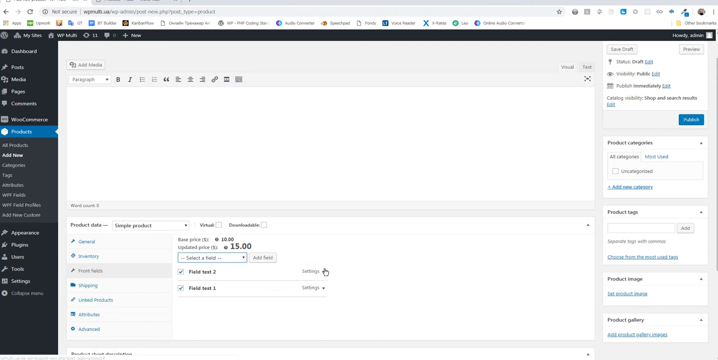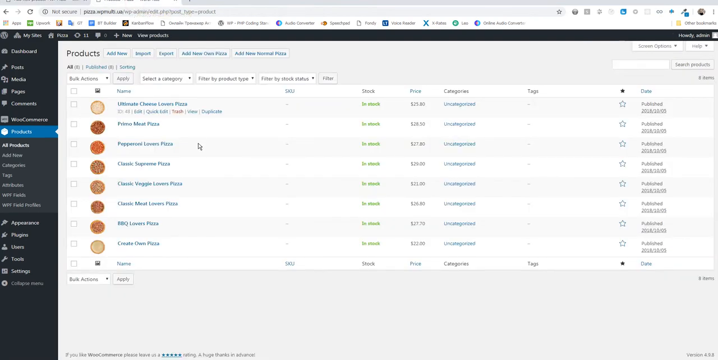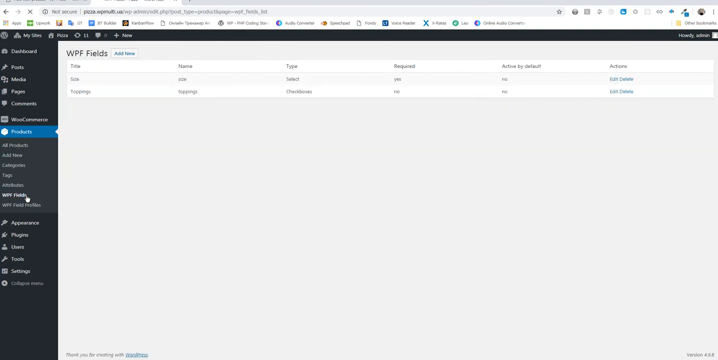And the question is, when can we use this override charge, override value feature. I will show you an example that shows when it works very well. For example, we have a shop with different pizzas, and pizza has different sizes. For this site, if we go to WPF fields, we will see that we have the field